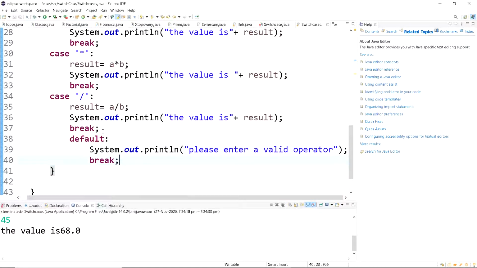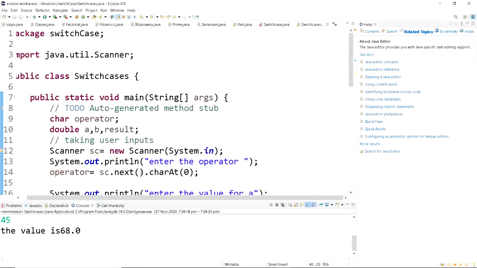We have written four cases, and if the user gives the wrong operator, it would jump to the default, which says please enter a valid operator. So this is how the calculator works.